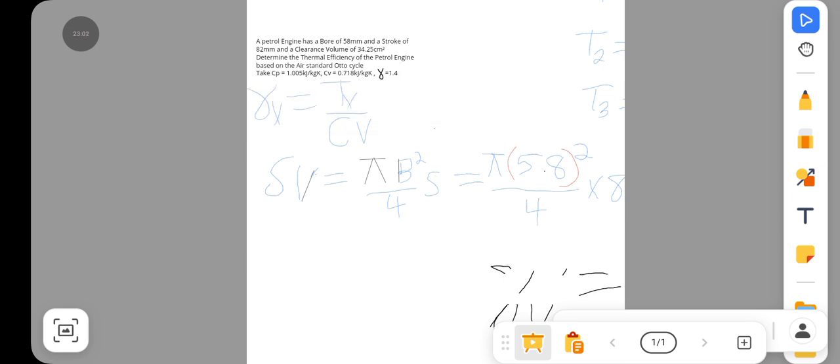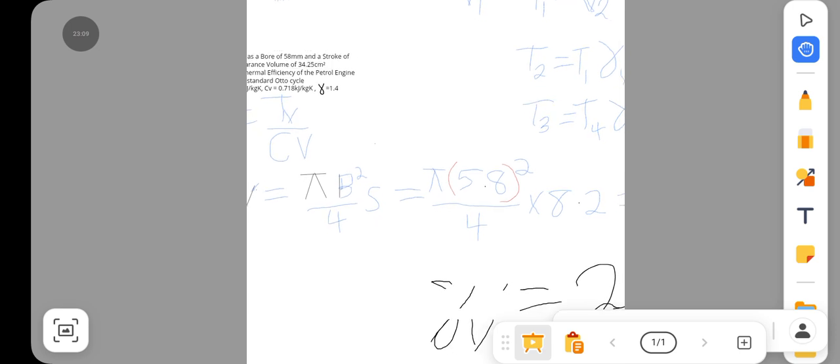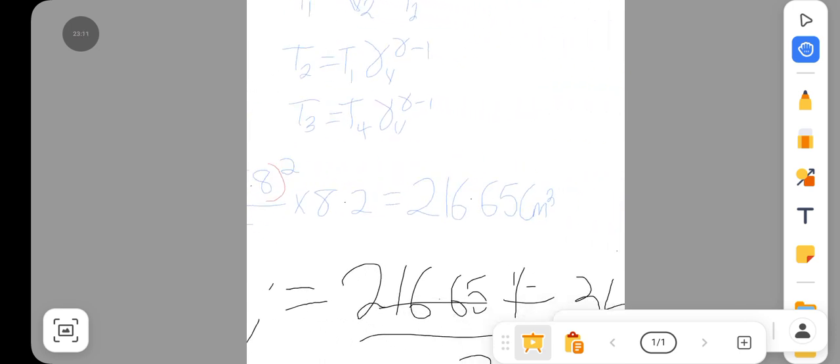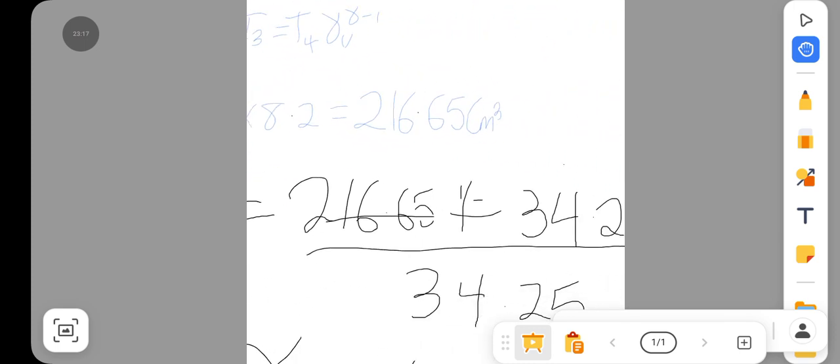So we just input the values over here, and we have pi times 5.8 squared over 4 times 8.2. We got 216.65 centimeter cube. So therefore we just inputted it, our